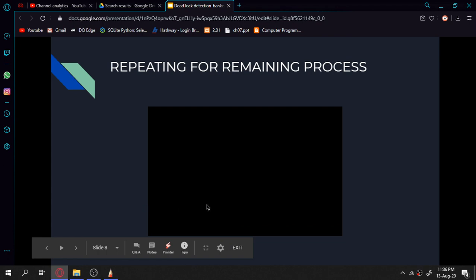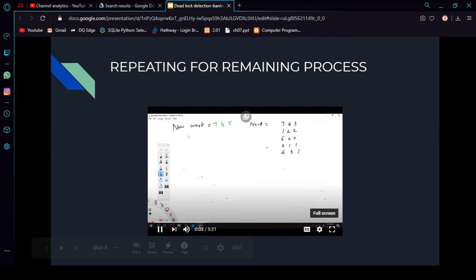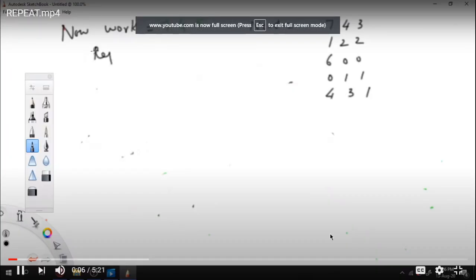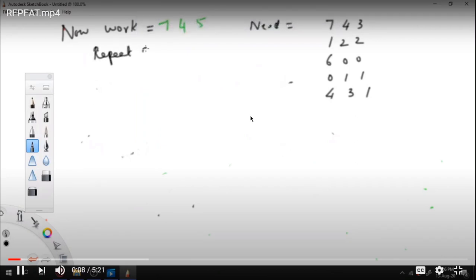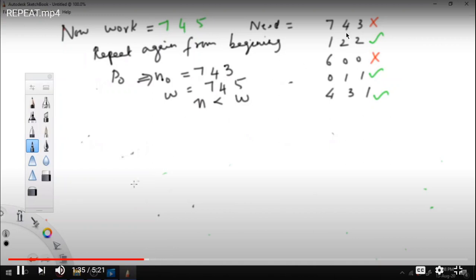I'll go for the next calculation. Actually, what this calculation says is I have to proceed again from the previous process. I completed P0 to P4, that work is over. Now I know that there is some process left out which was not completed in the previous stage, that we can see here. P1 you can see here. P4, this is P0.